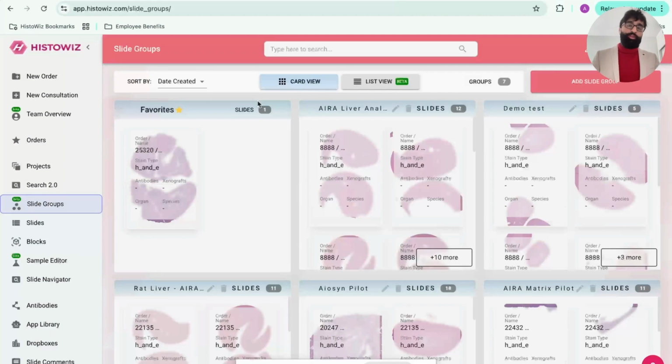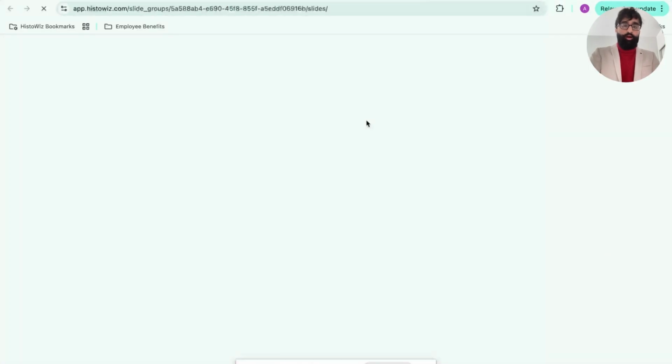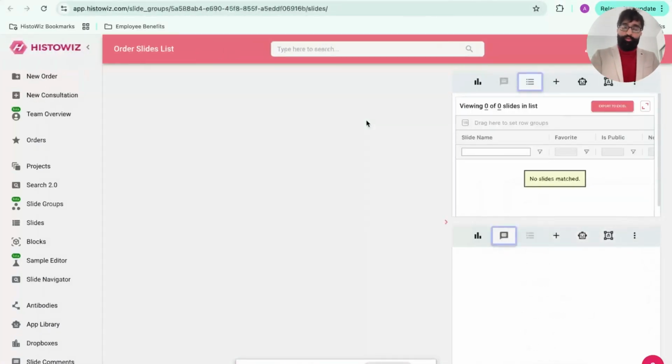And again, the platform doesn't have any limitations on the number of users who can onboard. There is no limit over there. So you can easily add in multiple users, create the slide groups, and then share it with your research collaborators. Say, for example, I have created a group here called IRA liver analysis demo.